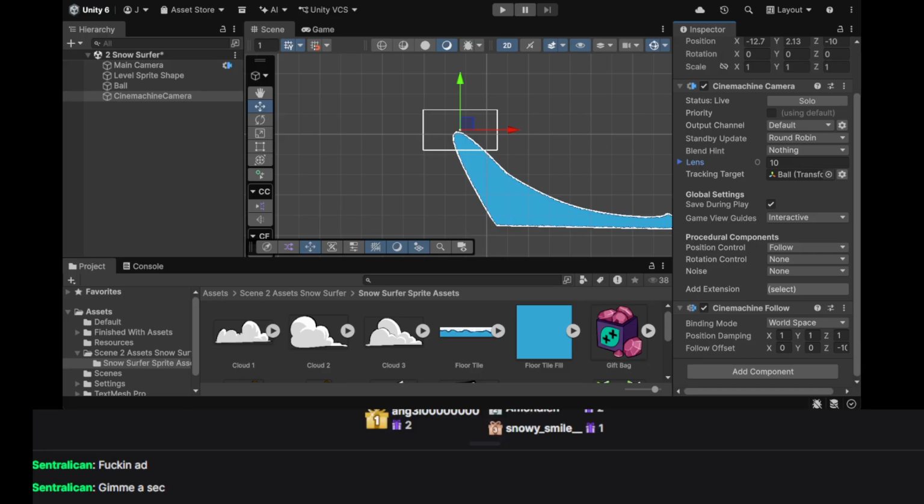Let's run the game and see how this works. You can see my camera is now nicely following the ball, and nicely smoothing in and out in order to track its position. If we go down to follow offset, we can offset the camera by any specific point, so I can move it over